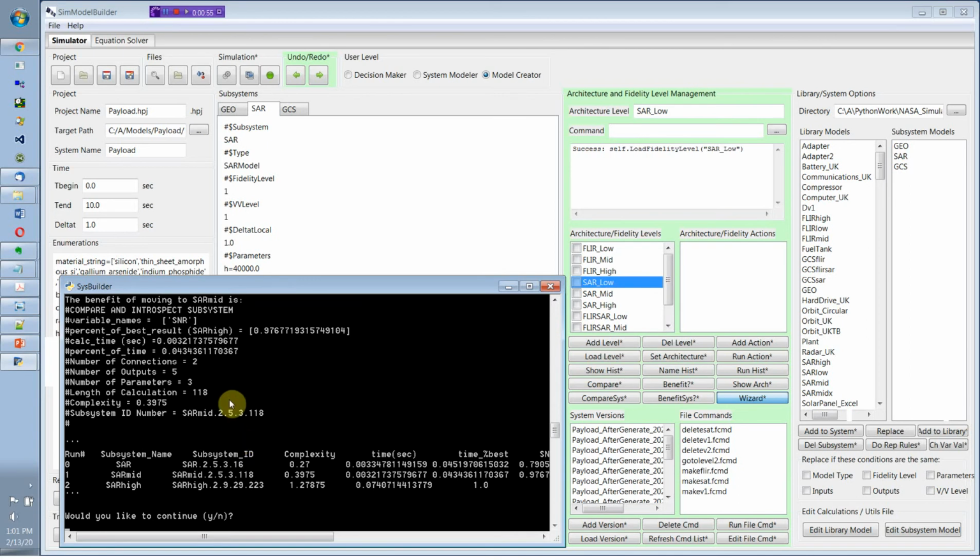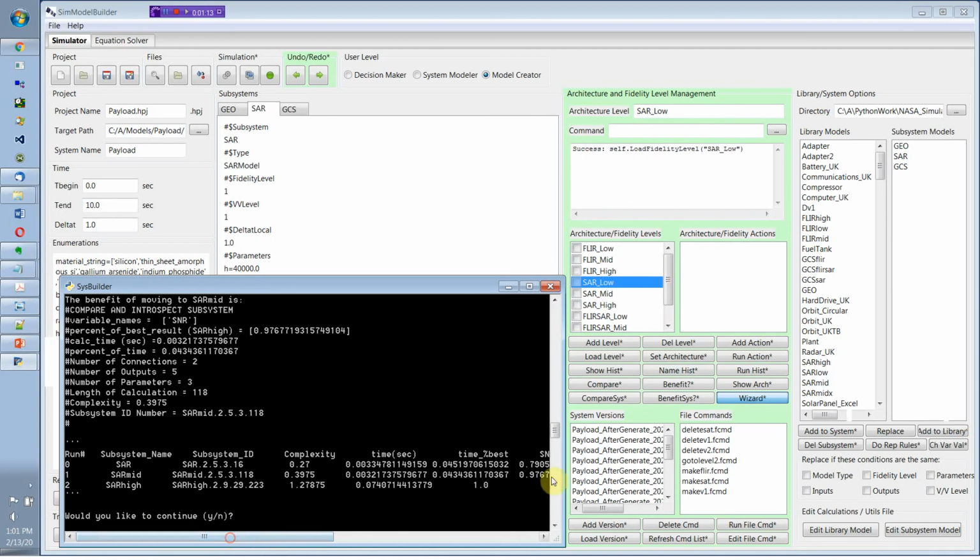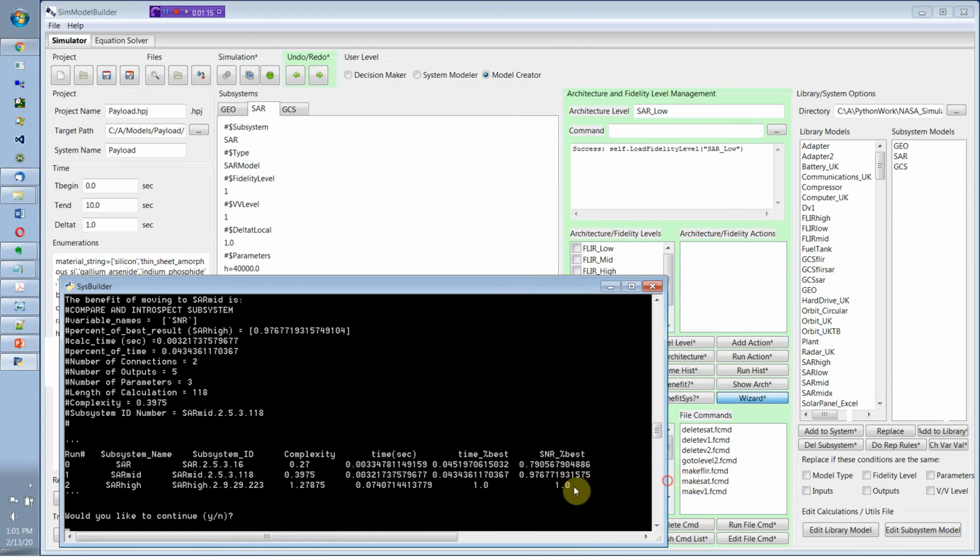And as soon as we do that, this is the most important part, it comes up with the last version of the comparison of the results that we did. So here's the table of results that we've seen in other videos where we have all the results of the models that were compared in that run together. So we can see that the SAR mid model, which is the one we're interested in here, gets